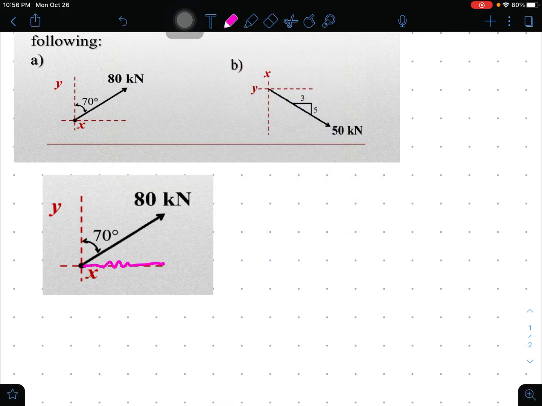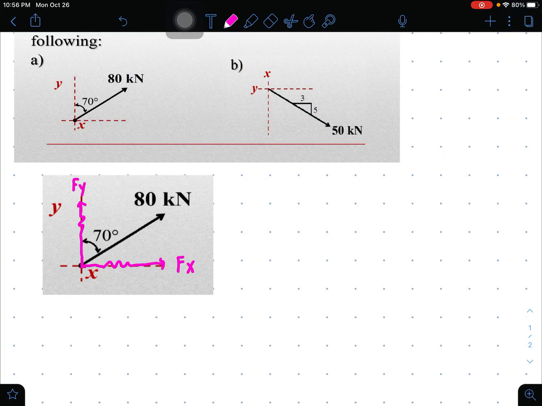This would be the component along x, so I'll call this Fx, and the direction is to the right because F is inclined to the right, and Fy would be upward. So here we're using 70, and 70 is measured from the vertical. Therefore,